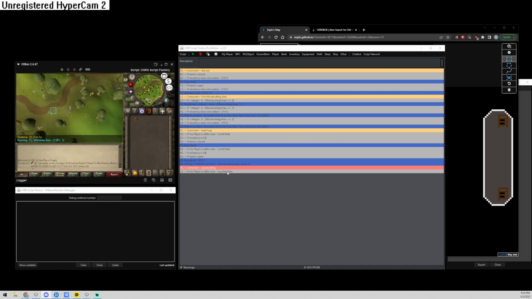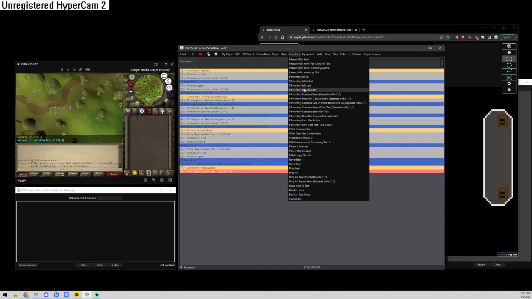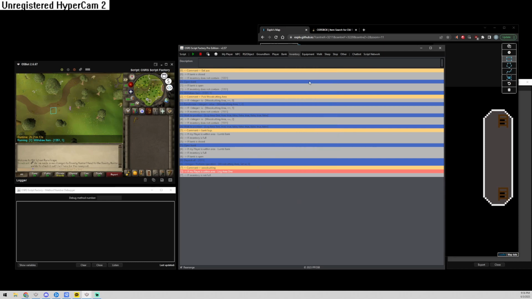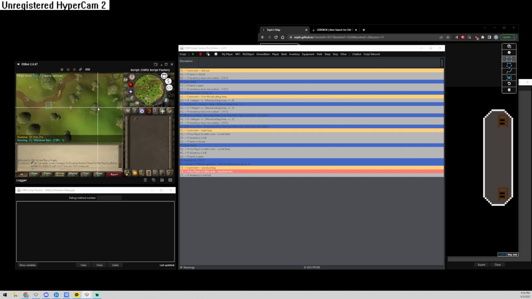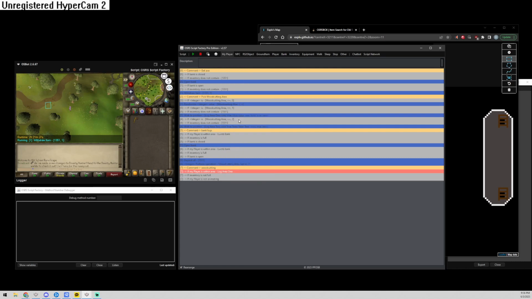If area contains my player, log area1, and if inventory is not full, because we don't want to interact with the tree if your inventory is full. So if inventory is not full, and we don't want to spam click the tree if we're already wood chopping, right? So you say if my player is not animating,